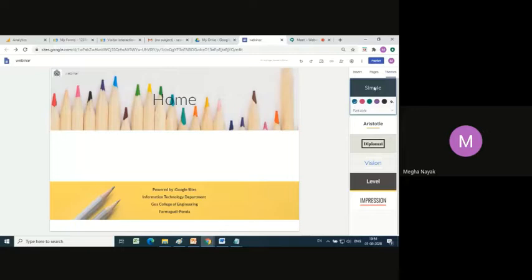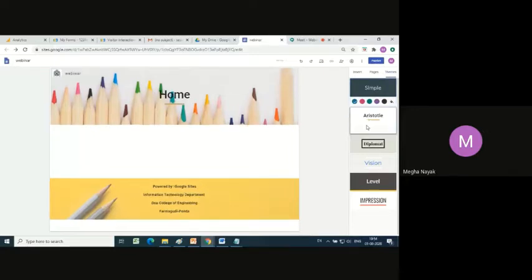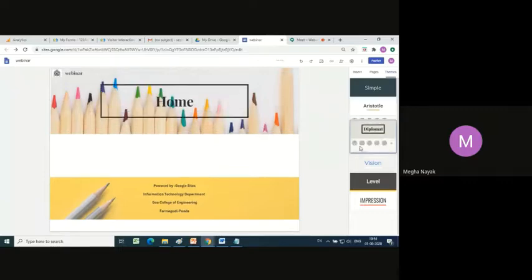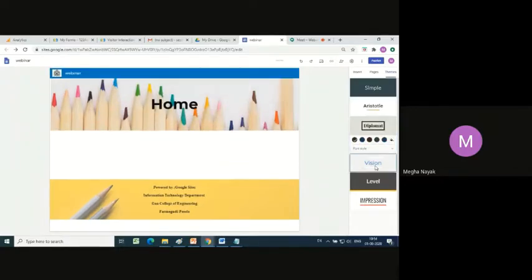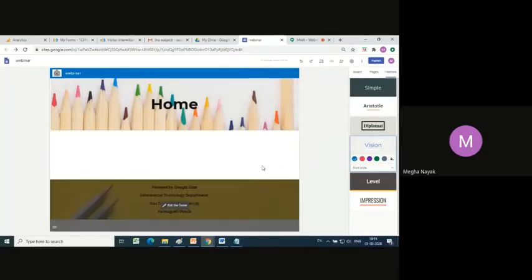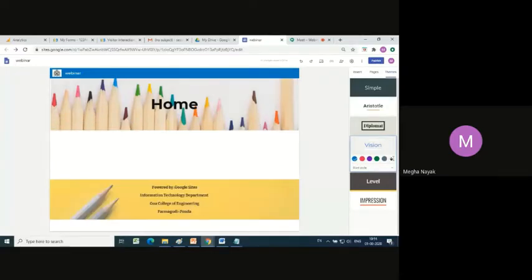Right now I'm on the simple theme. If I choose this theme, it adjusts itself accordingly. If I choose the diplomat theme, this is how it is going to look. If I choose the vision, this is how it is going to look. But when I choose the vision, this blue strip on top comes automatically because this color is chosen over here, right? But let's give it some good color matching with a footer or something like that.